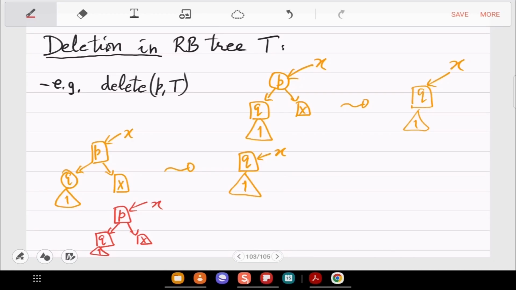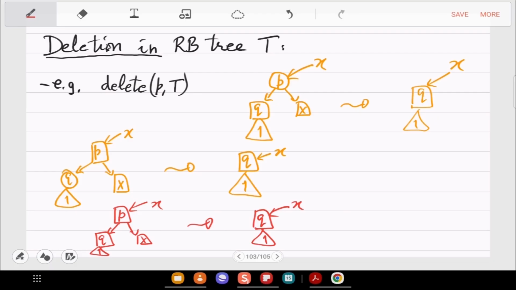What do you do here? Here what you are left with is black q, with the x part pointing to this. Is this an arbitrary tree? It may not be. Why? What has happened is that this left part of x is uniformly unbalanced in black height.